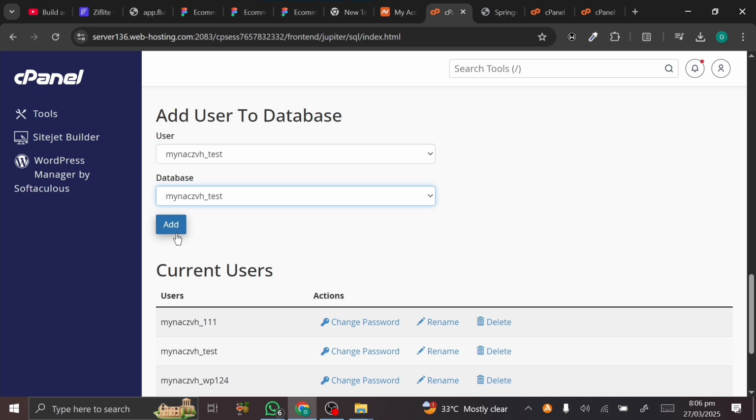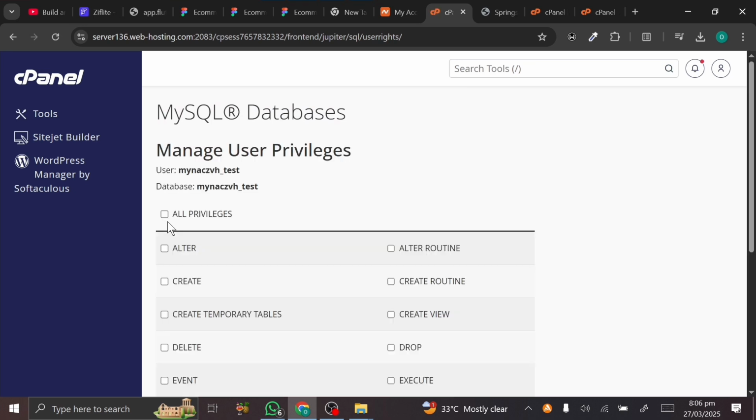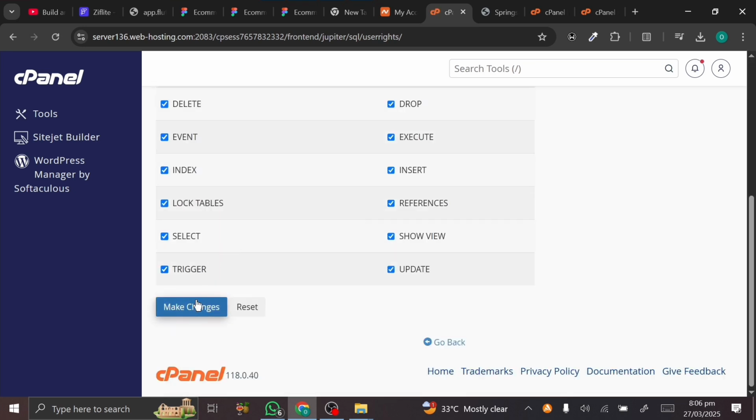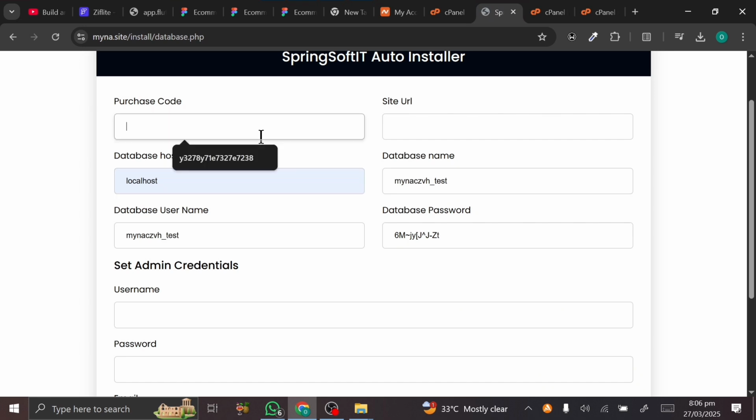Okay, so I'm going to click on add here. I'll click on all privileges, then click on make changes. So that's that. So I'll come back here and I'm going to input our purchase code here, then our site